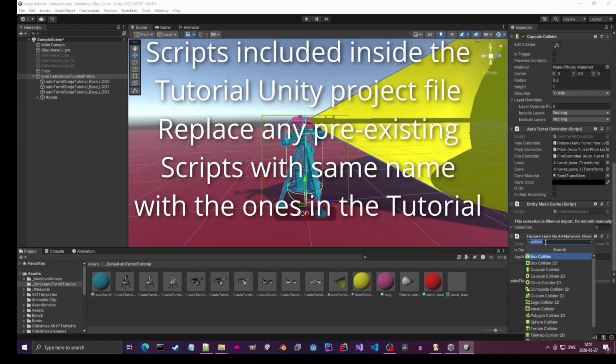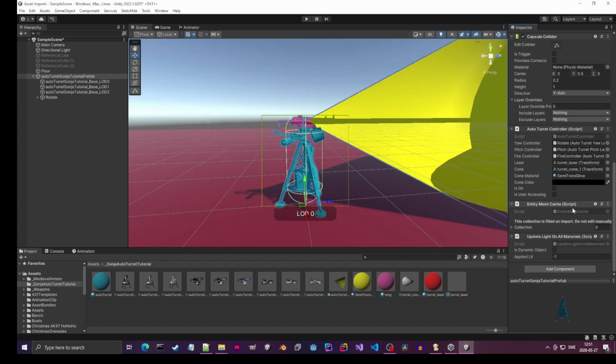And then you look for the name of the script that you should already have. By looking here for the name, then we write turret, and then you can just click and add them. These 2 scripts, entity mesh cache and update light on all materials, you don't need to touch anything in them,